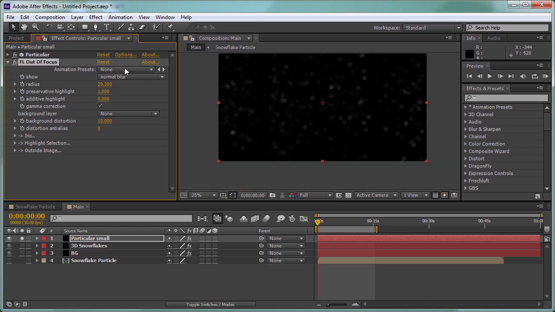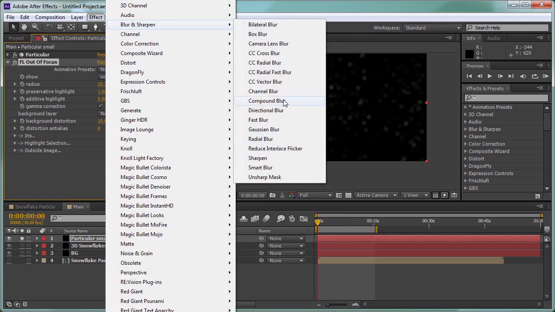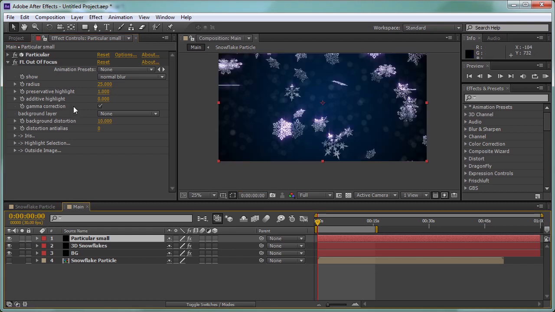And you can use the standard camera lens blur in After Effects right here. I prefer using this plugin here. And if we set this to 25, you can see how it looks like. Maybe you can